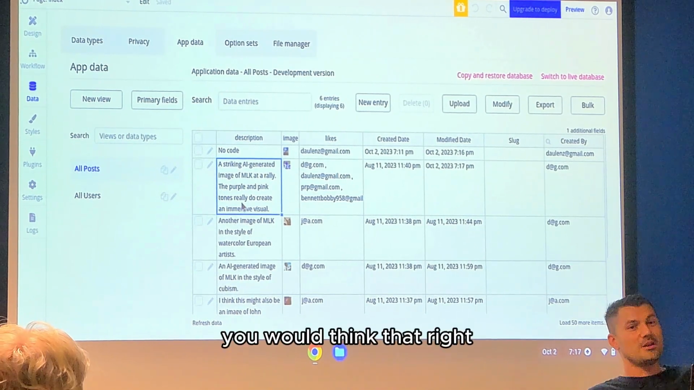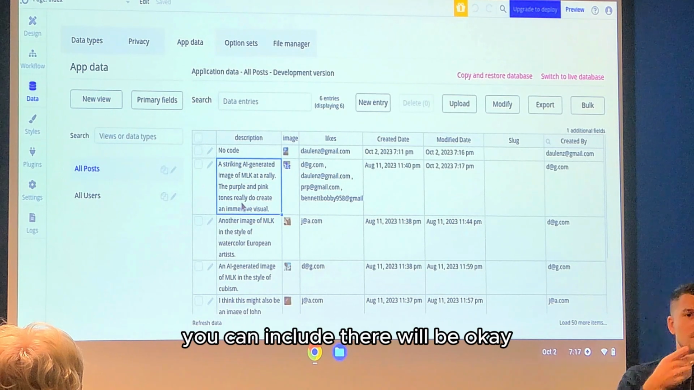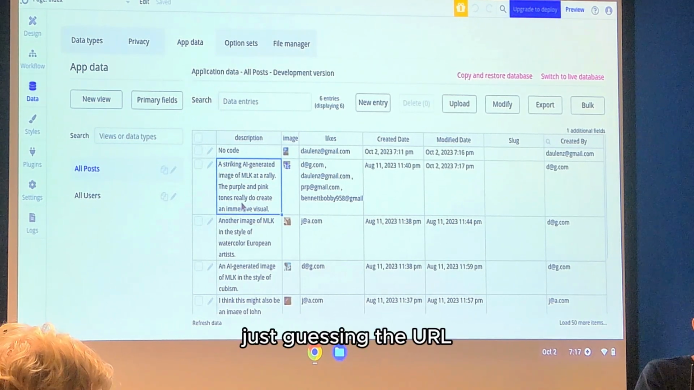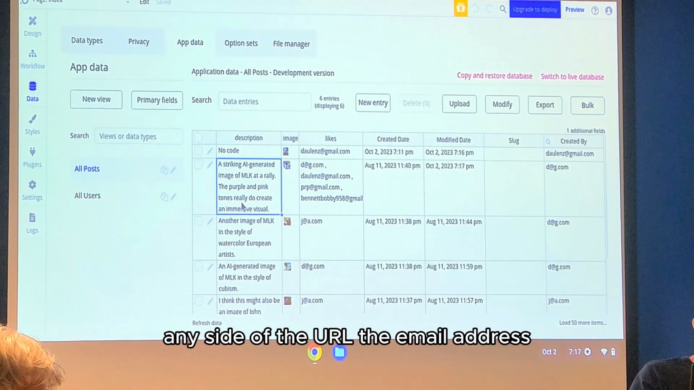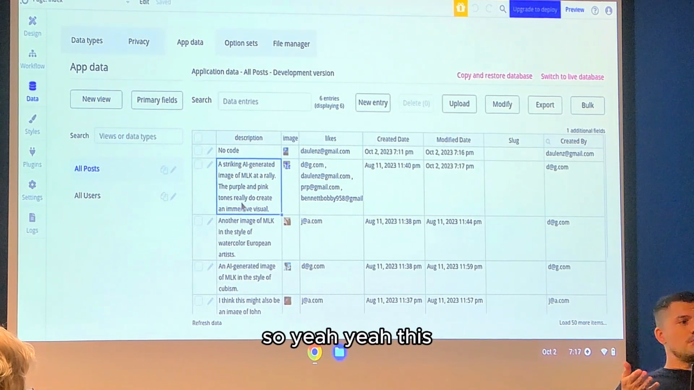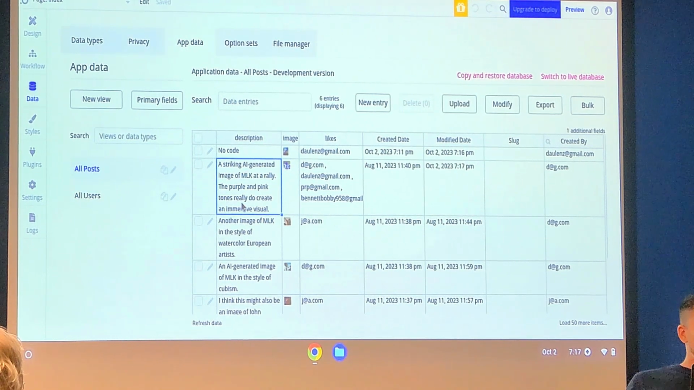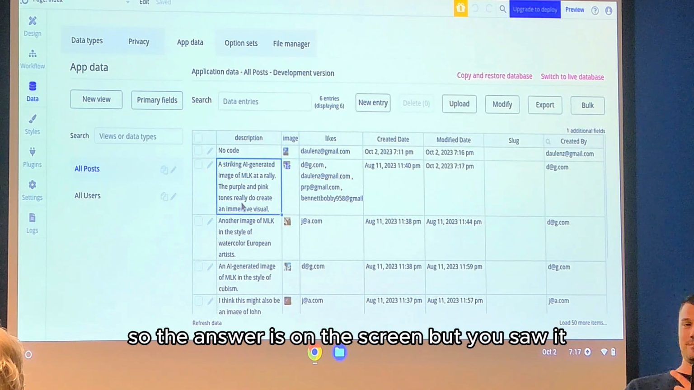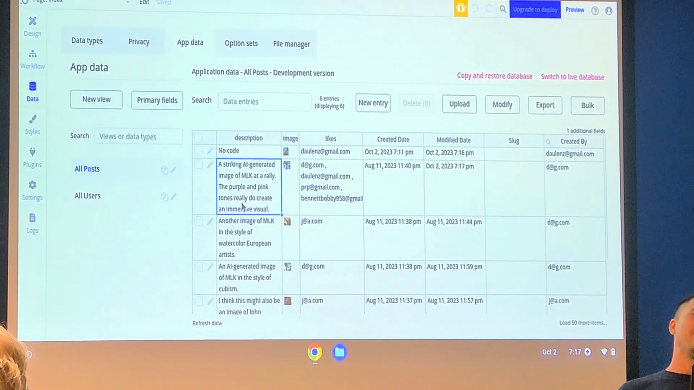You would think that, right? You could, and it could very well be, okay? I was just guessing the URL, it's not the URL, the email address gets added and gets counted as a plus one. So, yeah. There's a column right there that says likes. This is an open book test. So the answer is on the screen. So you saw it and you saw it. Yeah, so effectively,